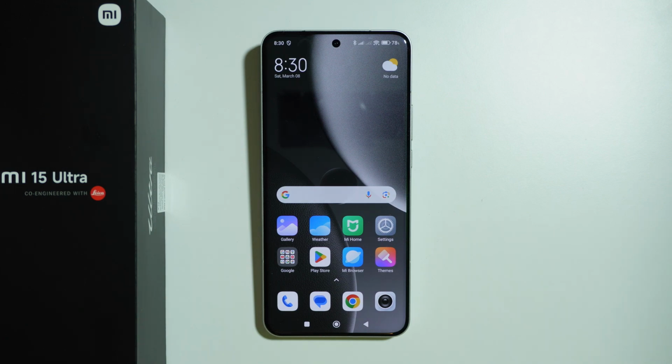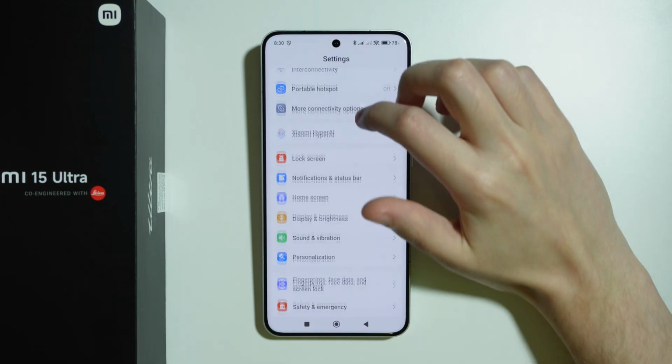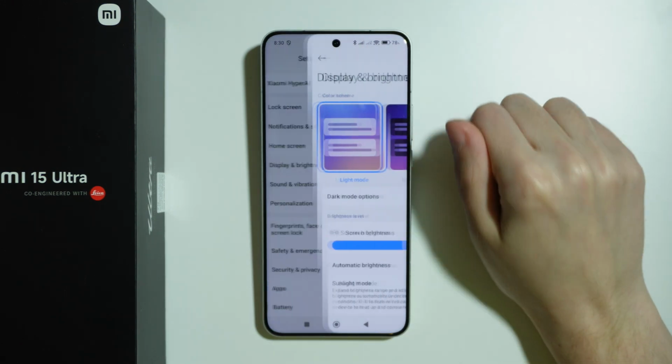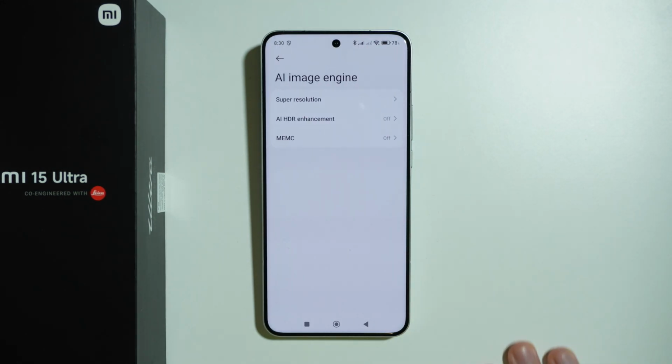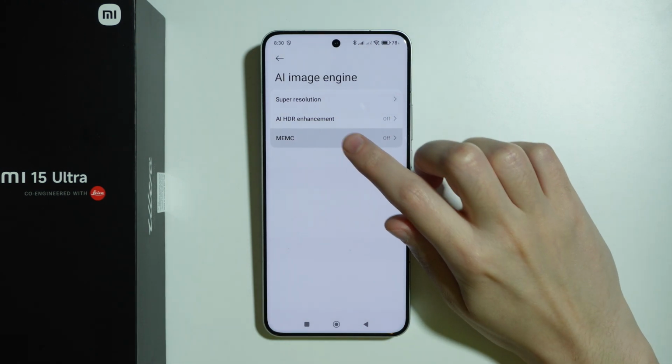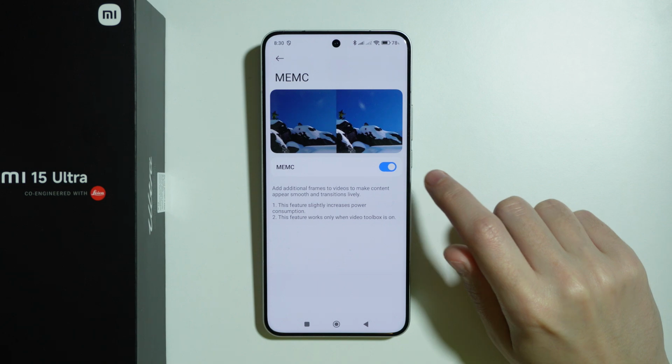To enable MEMC on Xiaomi 15 Ultra, we need to go to Settings. In the settings, go to Display and Brightness, and then over here scroll all the way down to find AI Image Engine. And then we have MEMC, which can be easily enabled by tapping on the switcher on the right